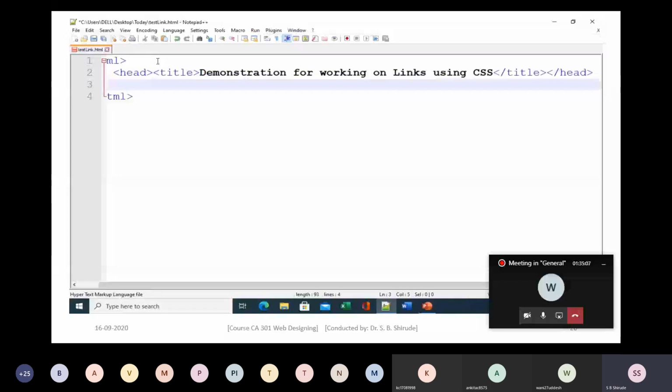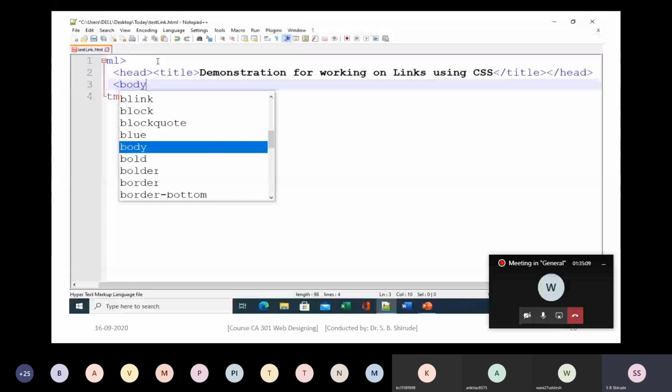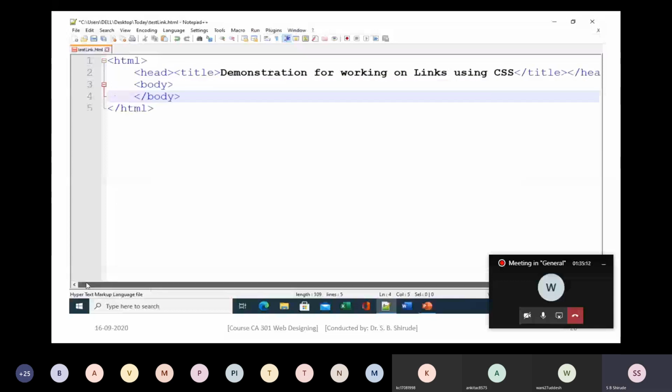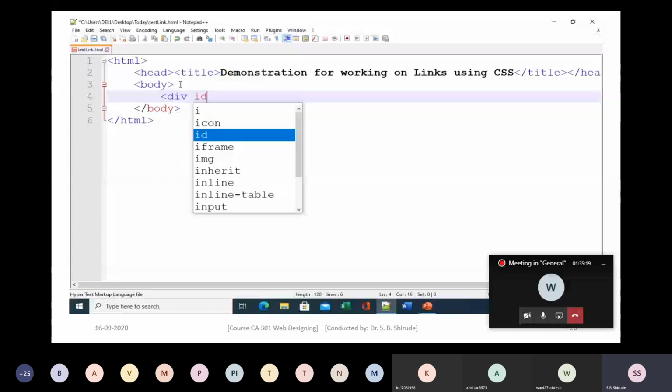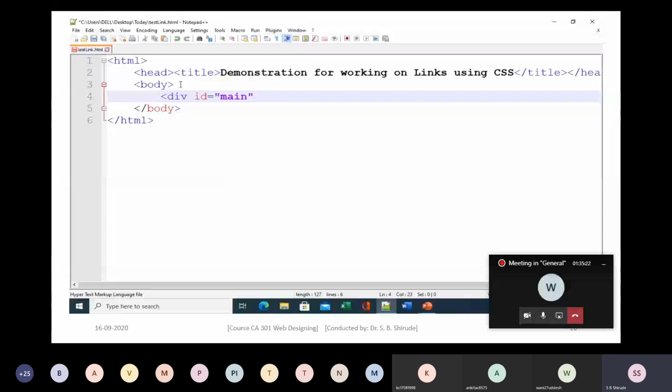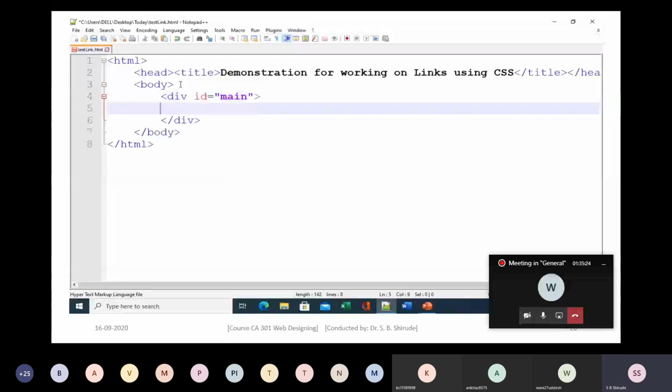And now in the body section, first of all, we have to make use of the link element. Let us put one div section, say div id is equal to main, and then in that we will put an anchor element.